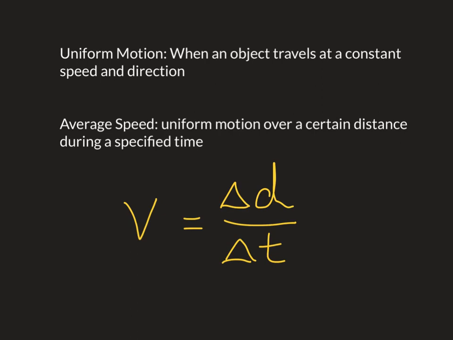Okay, and we have our formula, and this is our first formula that you are going to learn for physics. But the nice thing about how we do formulas in physics is you do not need to memorize them. All of the formulas that you'll need for physics are on page 6 of your data booklet. And this is the very first one at the top of the page, which says V equals Δd over Δt. So let's talk about what all these units are. Δ here, and you see the little triangle? The triangle means delta, which means change. So when I look at my units here, this Δd is change